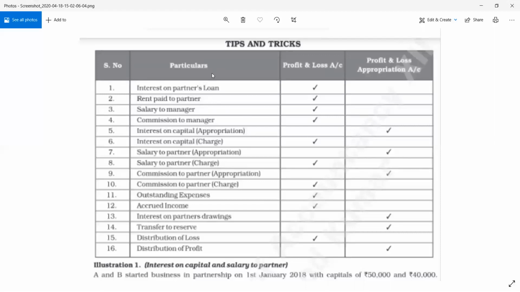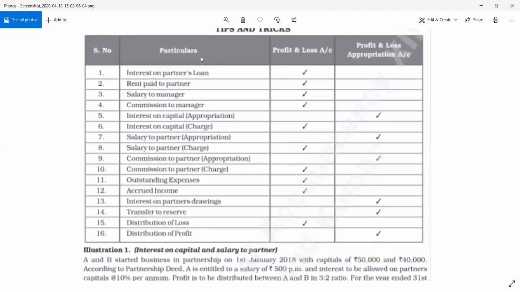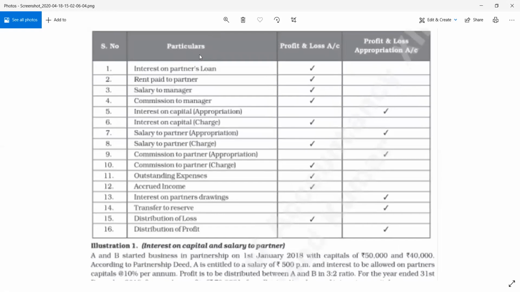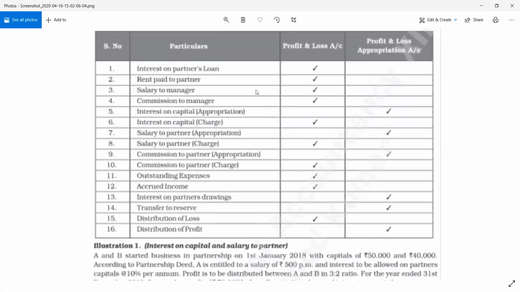तो ये चीज़ याद रखना बच्चों, एक सिंपल स्टेप है। कुछ आइटम्स यहाँ पे मार्क किए हैं, और कौन सा आइटम कहाँ पे जाएगा वैसे टिक किया हुआ है। इंटरेस्ट ऑन पार्टनर्स लोन प्रॉफिट एंड लॉस अकाउंट में जाएगा, रेंट पेड टू पार्टनर प्रॉफिट एंड लॉस अकाउंट में जाएगा, सैलरी टू मैनेजर प्रॉफिट एंड लॉस अकाउंट, कमीशन टू मैनेजर प्रॉफिट एंड लॉस अकाउंट, इंटरेस्ट ऑन कैपिटल एप्रोप्रिएशन आइटम होता है, इसके लिए प्रॉफिट एंड लॉस एप्रोप्रिएशन में। इंटरेस्ट ऑन कैपिटल अगर चार्ज अगेंस्ट प्रॉफिट होता है, ये कंफ्यूज मत होना, क्वेश्चन बता के देगा।